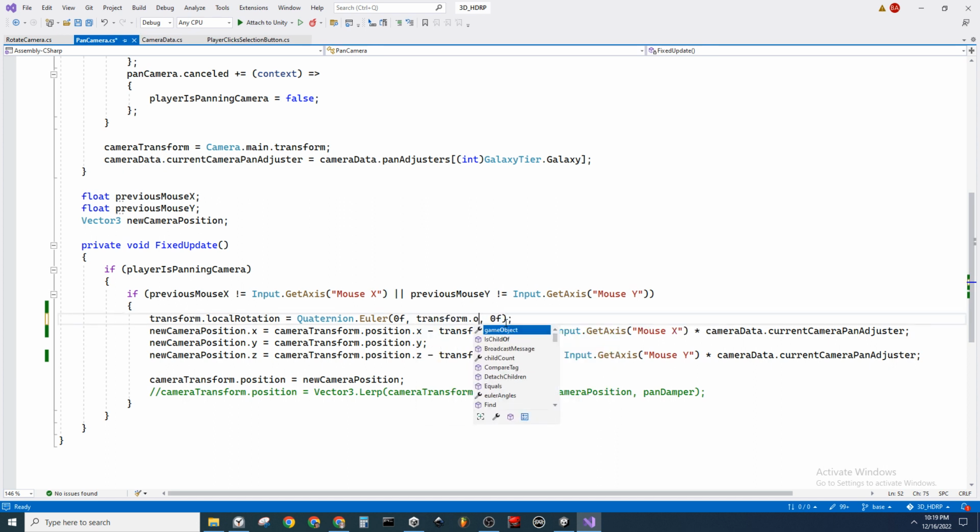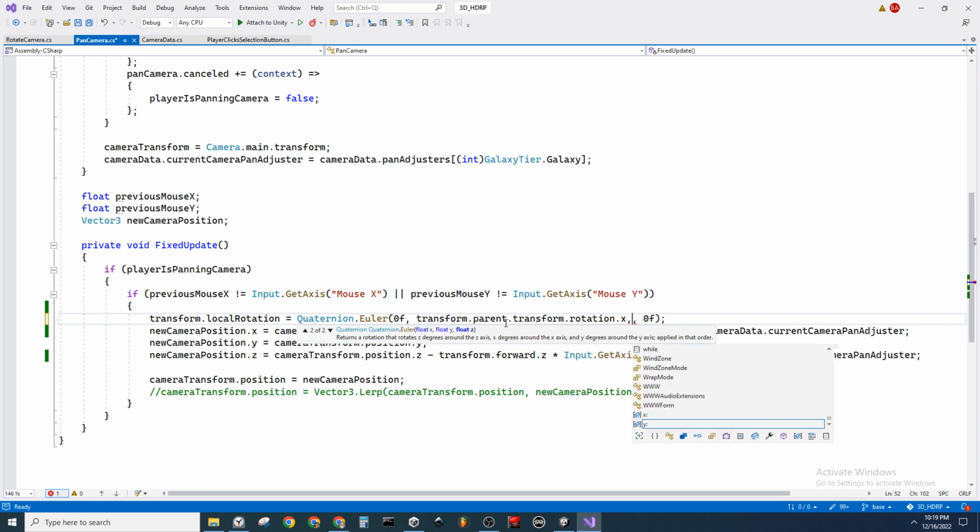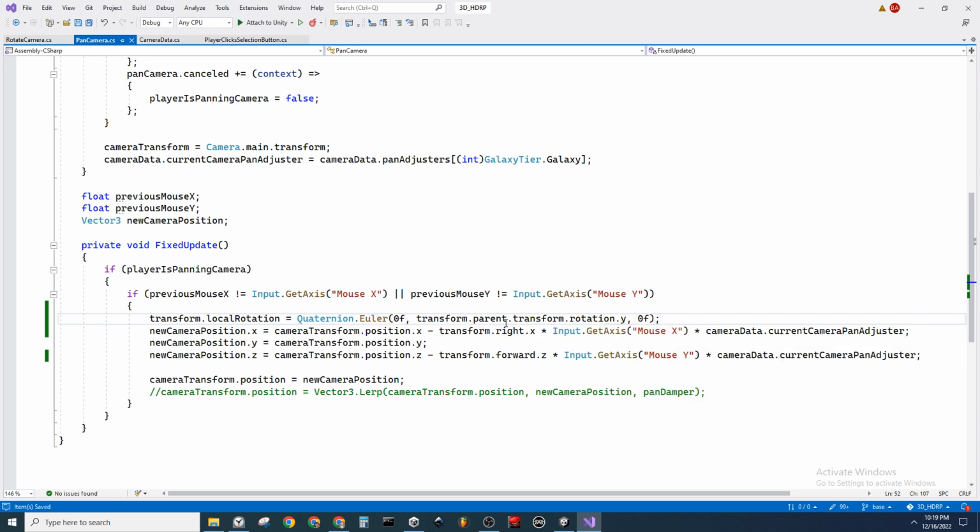So hard Euler to transform rotation, or wait, no, transform parent, transform rotation, y. And any other rotations that affect the camera will just turn this thing. And this is going to force it, it'll transpose the y value but leave the x and the z value to 0. Once that's complete, the idea now is that